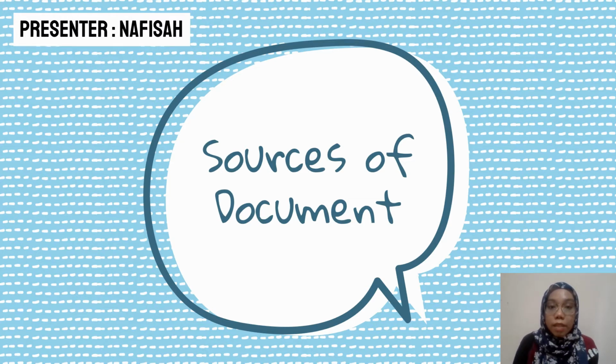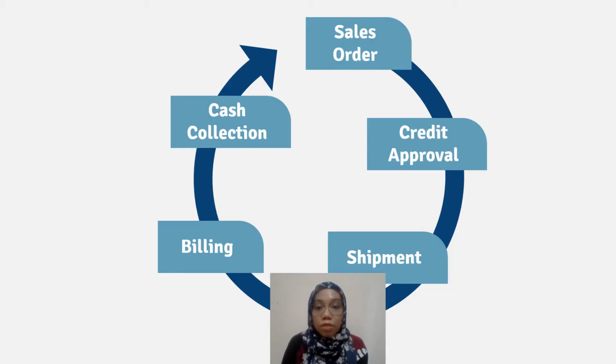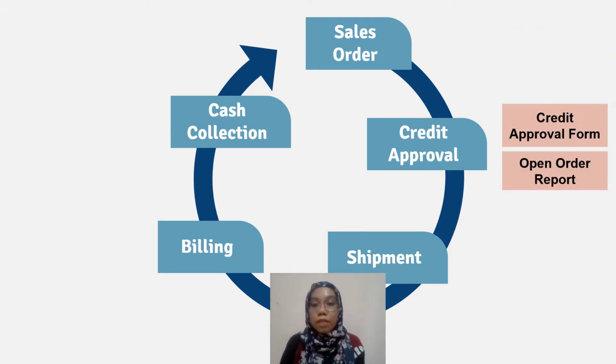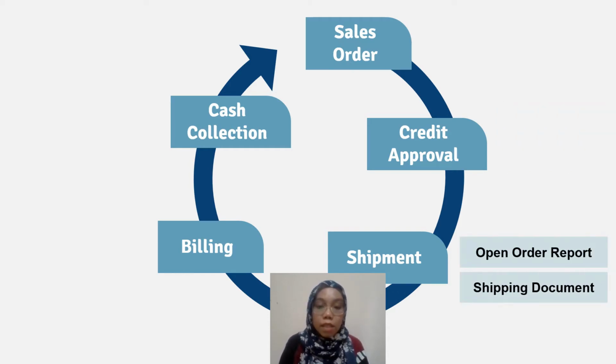Sources of document that are involved in this revenue cycle. We have sales order, credit approval, shipment, billing, and cash collection. And now we're going to go one by one. As for sales order, the document involved is customer sales order. For credit approval, we have credit approval form, open order report, and for shipment, we'll have open order report and